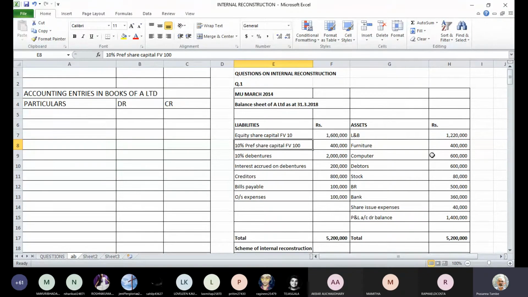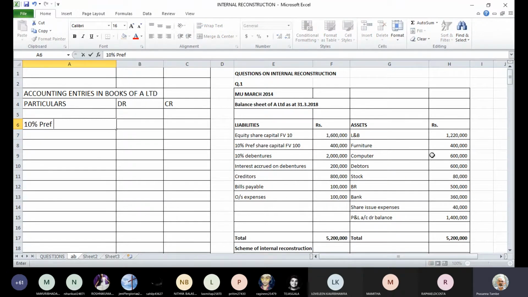But these are fully paid up shares. So 20 rupees per share will remain excess amount with the company. And that 20 rupees per share will be a benefit to the company. So that will have to be credited to capital reduction account. So whatever excess amount you have over and above 80 rupees will not be refunded to the shareholders. It will remain with the company, and that will be credited to capital reduction account. So our entry will be